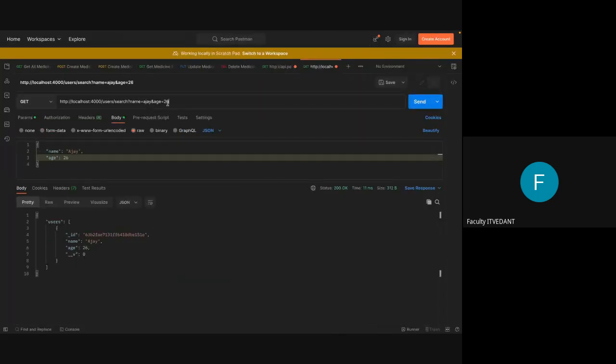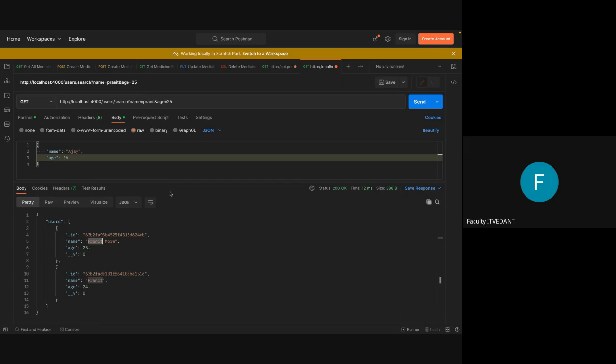Now you can see if I use age 25, then whoever's name is Ajay will be matched, or age is 25 will also be matched. You can send it and you will see two users found here, because this person's age is 25 and this person's name contains Ajay. If you specify Pranit here, two users will also be found, but the other user will be with name Pranit, and this will be Pranit More and age 24. Okay,